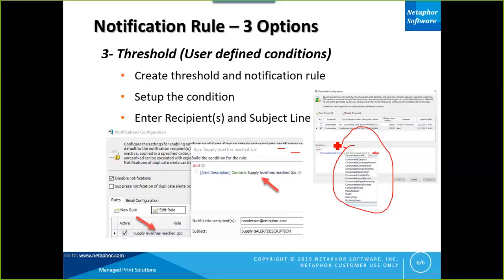Or I have another choice. I might say, I want to be notified when there are a certain number of days remaining left on the supply. And there's some other choices you can make there, but basically in the threshold configuration, you're setting up those conditions. So what that does is when that condition, let's say that supply level gets to 2%,